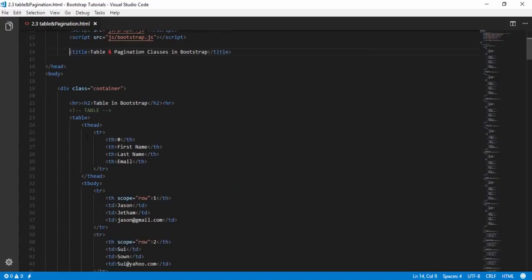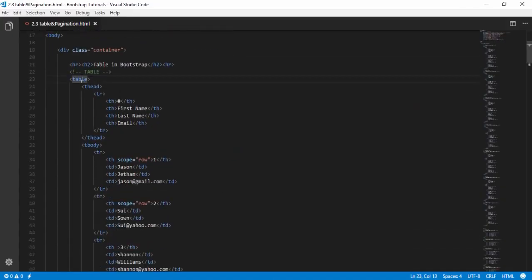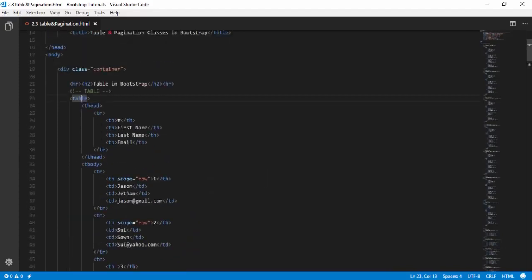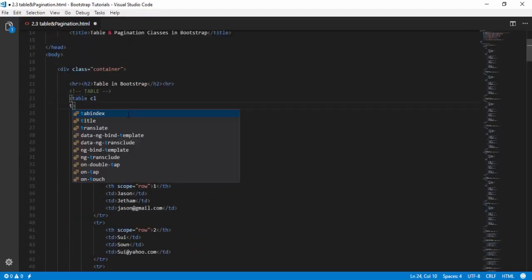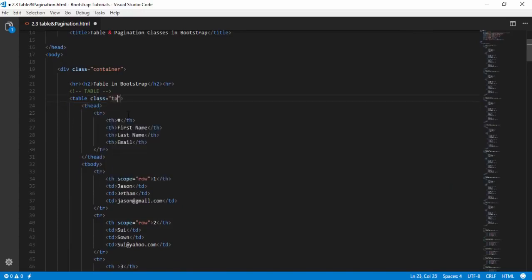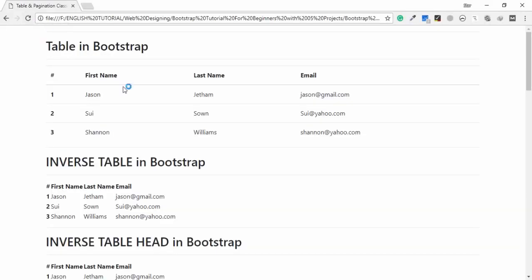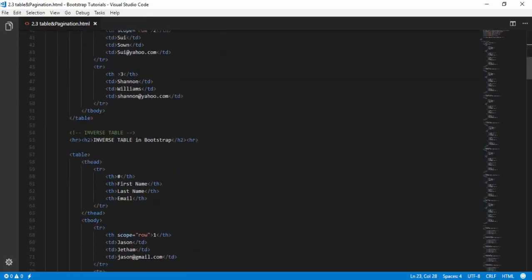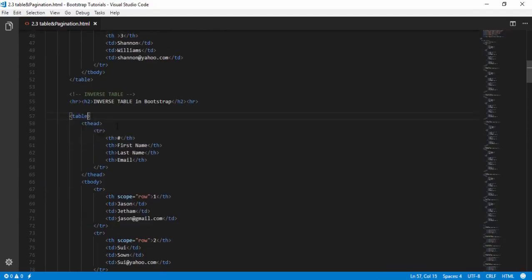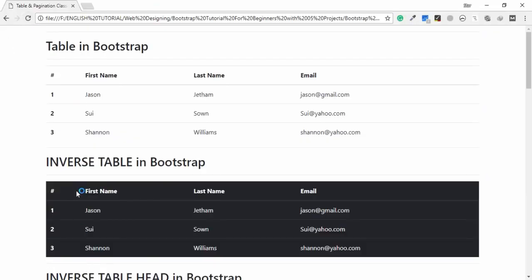Open your code editor, and this is a table tag, starting table tag and closing table tag. First I assign the simple class table, save, and then open the browser and refresh the page. Right, this is a normal table class. Now the next is, this is another table tag. I will use another class, table-dark, save, and then open the browser, refresh the page. Right,